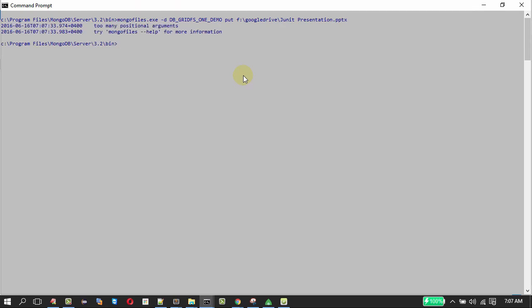The operation we are going to do is put. So put is the command name and then the file name. The file name is Google Drive. So this is the file name. Yeah, that is because of the space here.